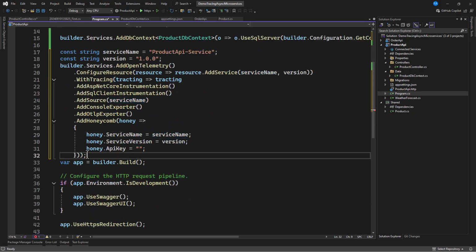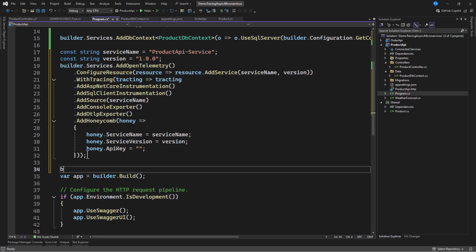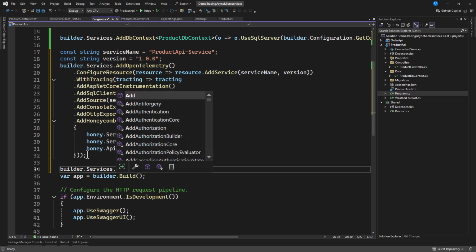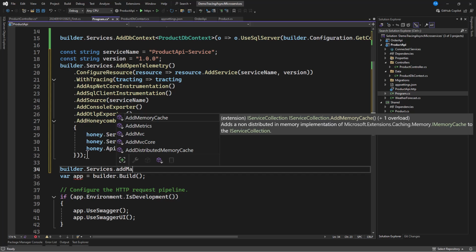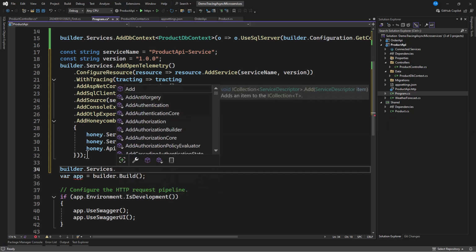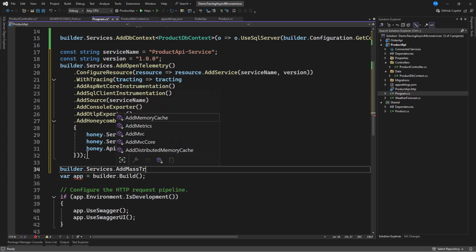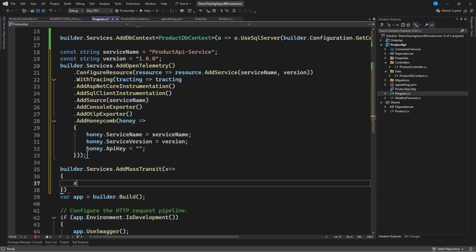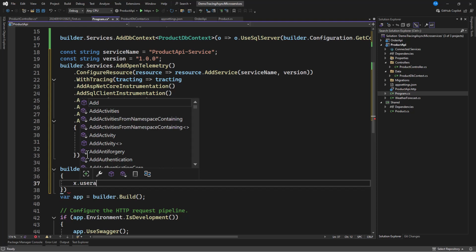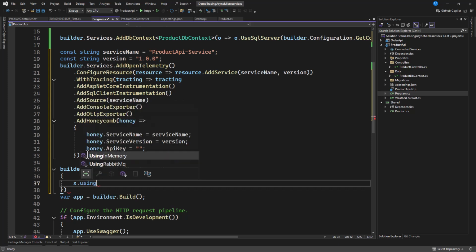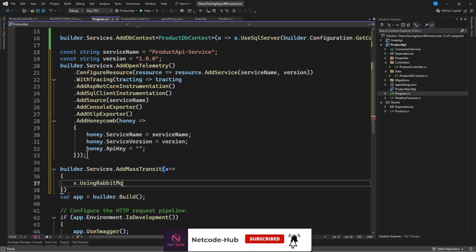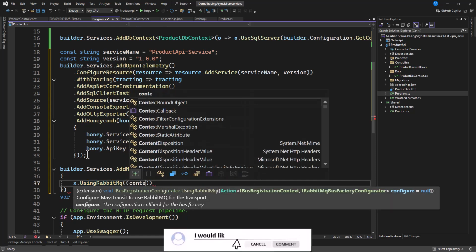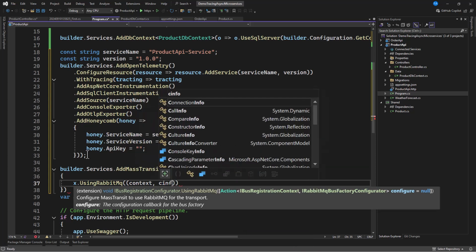Let's close this. Let's go and add our Rabbit. So we're going to say builder.services.add mass transit. It seems we are not having that here. So add mass transit, which is coming from using MassTransit, and in there we need to specify an option. So we're saying x.use RabbitMQ. That is where we need to use RabbitMQ, and in that it has some context that we need to provide, and configuration. So config,